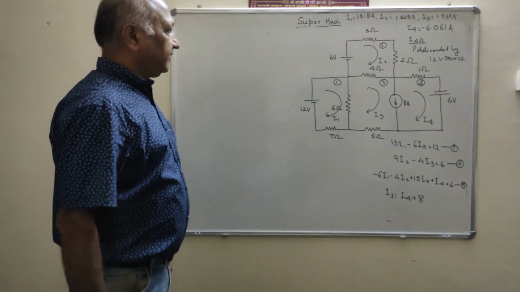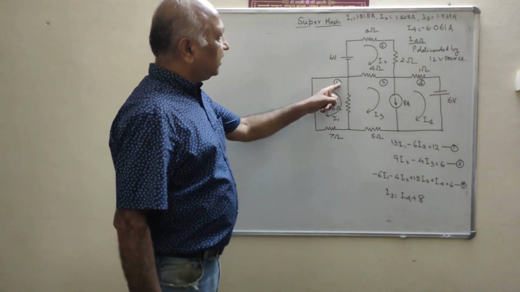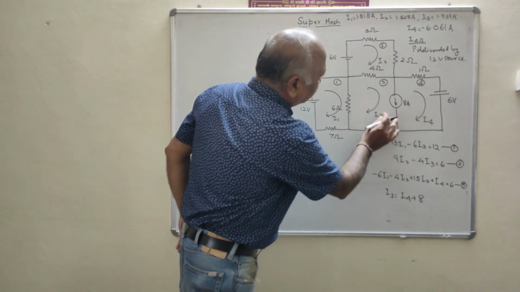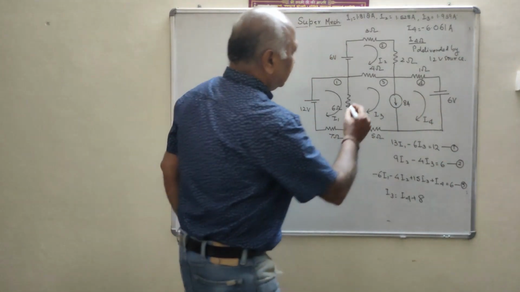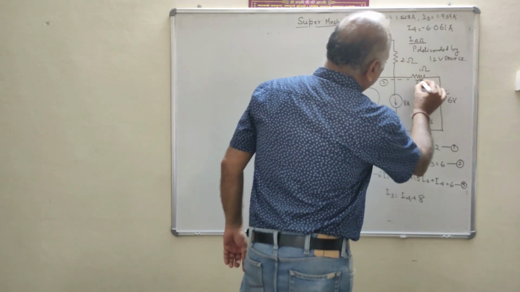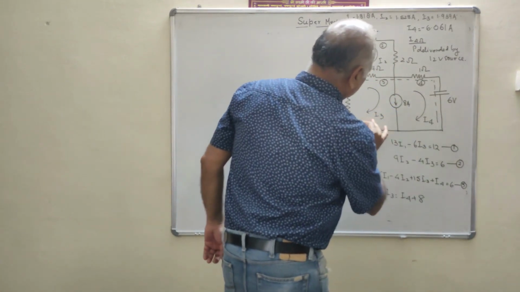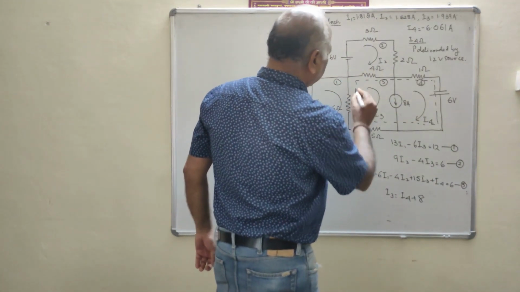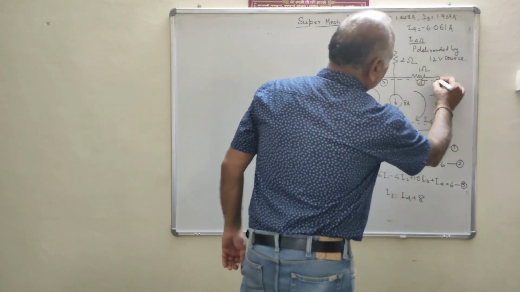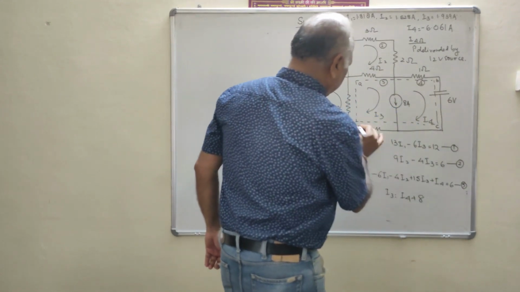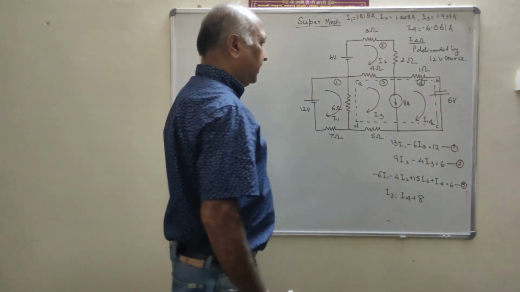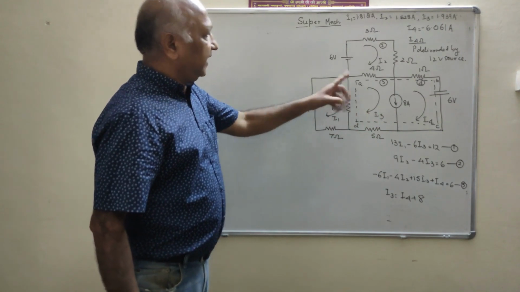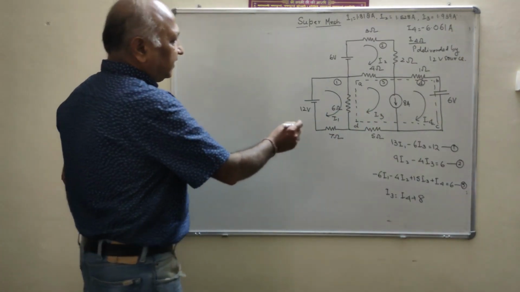You will see here the 4 meshes: 1, 2, 3, 4. The current source is connected in between mesh 3 and mesh 4. That means this will be the super mesh. This is the super mesh. Again, we say this is A, this is B, this is C, this is D, A. That means the super mesh will be A, B, C, D, A. First of all, we will write the